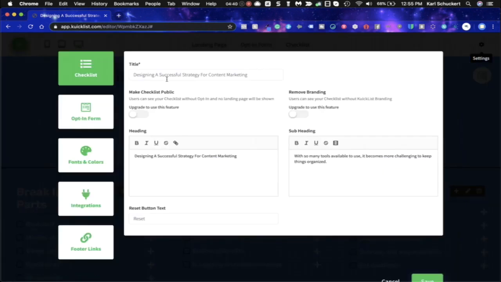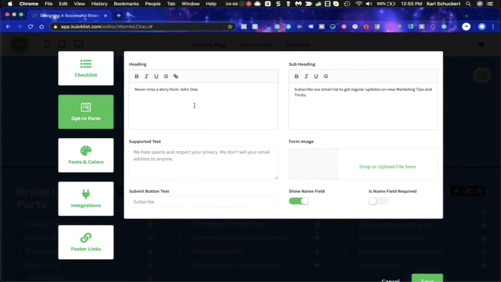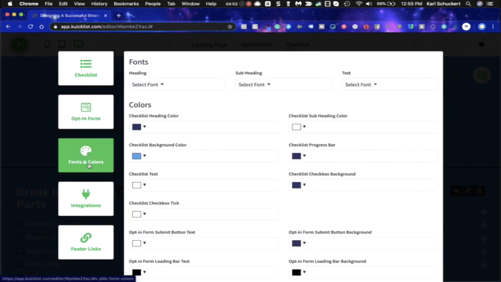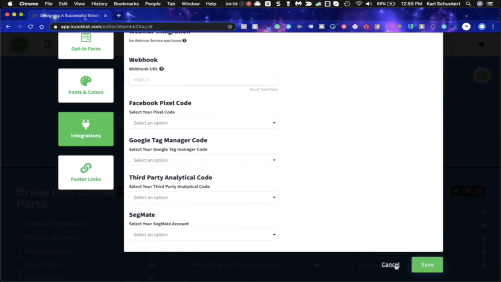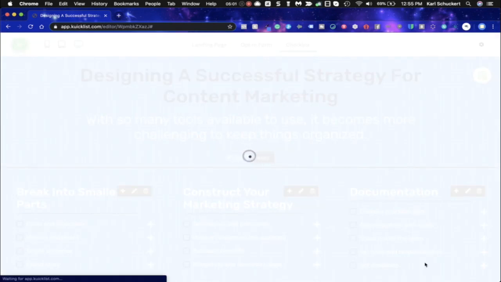And here is where I can make these changes on the headline there. And I can make the changes here on the sub headline as well. I can make my edits to the opt-in form. And I can also make my edits as far as colors and integrations go. Also footer links, okay? So when you're done, you just hit cancel or save, and then you would take it